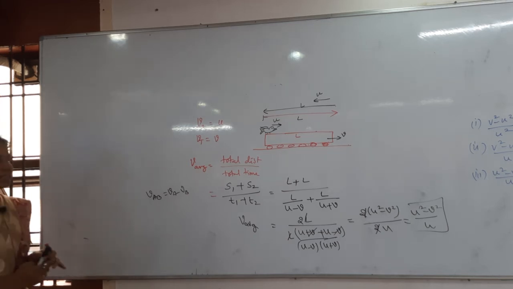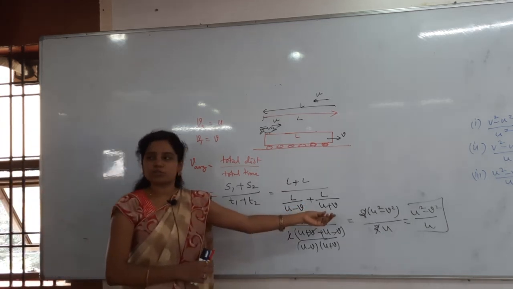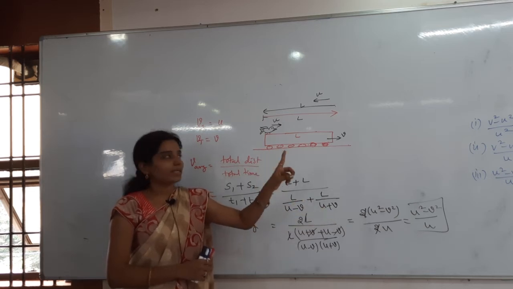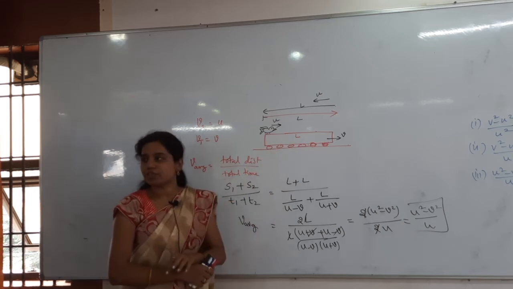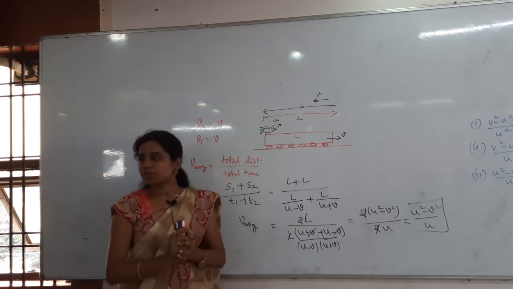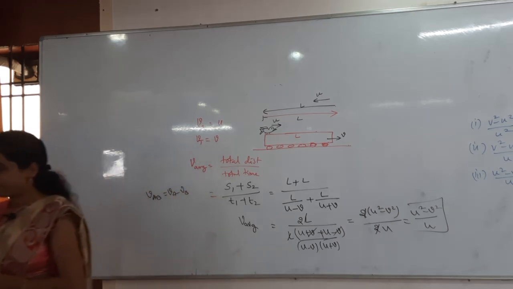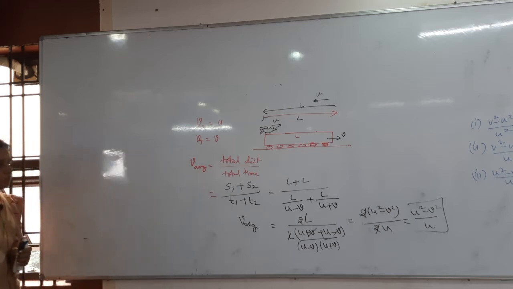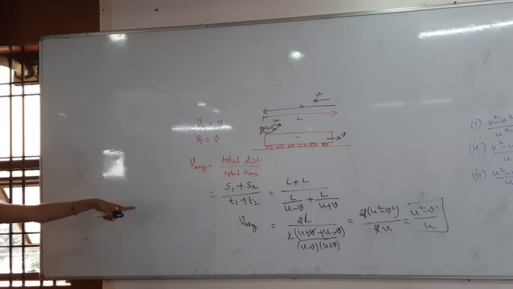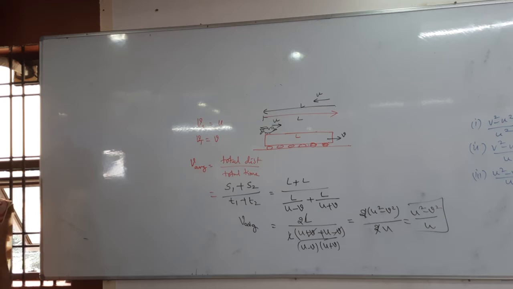People might be thinking that they might take V minus U and then V plus U also. Your answer is also correct only. But here what is happening? Who is flying? The bird is flying. With respect to that only you have to take the velocity of the bird with respect to the train. Okay. Who got this answer before me? Anybody got it? Nobody in the class. Anybody got the second option? You have taken train with respect to bird. Is the train flying or the bird flying, sir? Bird with respect to train you have to take.